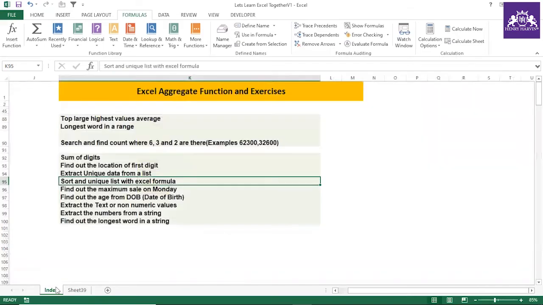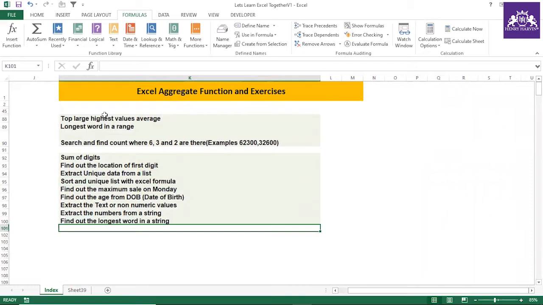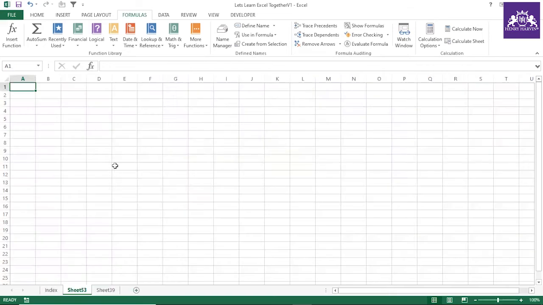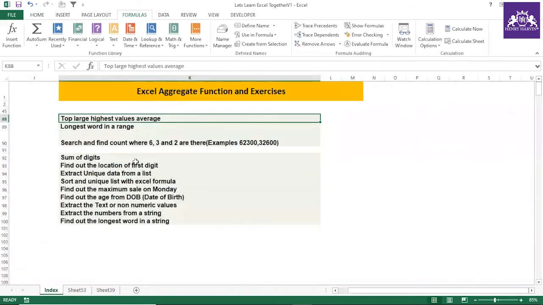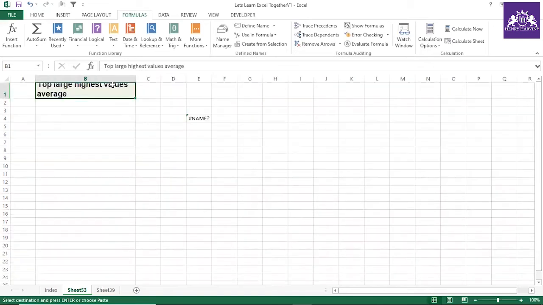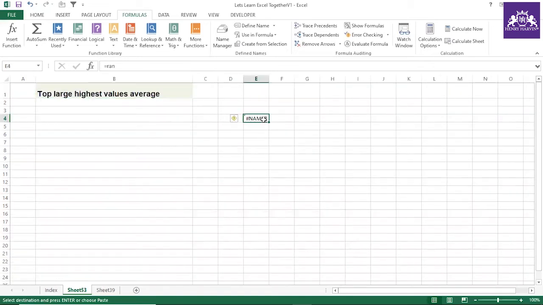So let me jump immediately to these things: top largest highest values average. Let me put some data equal to, let me put the question first. Control C, and I'm putting it there. All right. So this is going to be very interesting, where I'm telling you